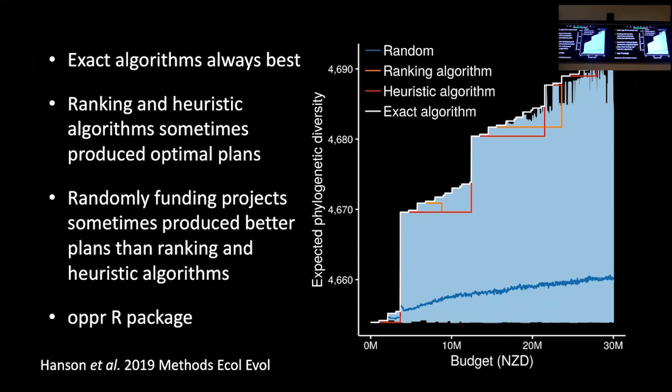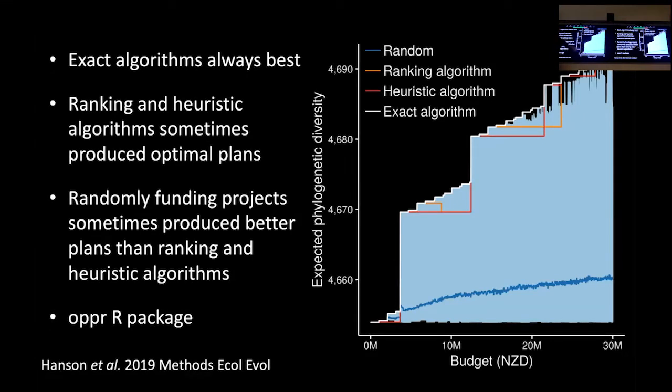That can be useful as well, but it doesn't necessarily always perform best because it doesn't find those peaks. What we can see is under some budgets, our white line perfectly overlaps with our blue and our orange line. What that means is there are certain cases where these other algorithms are giving us optimal solutions, but there are also cases where they're not. You can see this red line coming out here. What's happening here is basically the algorithm's got stuck and the next project in the queue is really expensive. Because the next one in the queue is really expensive, it has to wait until our budget gets there. And that's why it just sits there for a while. That's because these algorithms add stuff in, but they don't swap stuff out. So if you use these heuristic and ranking methods, you can end up with a solution that's not very good.